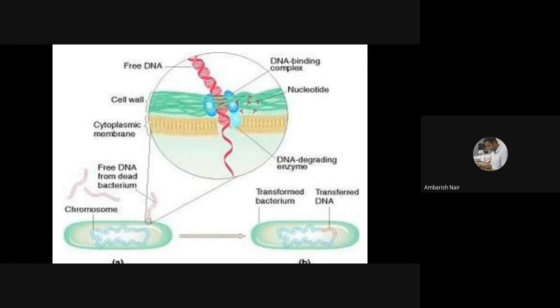Naturally, there is no technique to see whether a bacterium is transformed or not. But artificially we have. What we can do is, you have a genome. To that genome, you can tag some molecule, some colorful one, some chemicals, or maybe some radioactive molecules. Then if that genome has entered the host genome, you can identify it by using some measuring techniques. That is artificial, I'm telling you. But naturally, as such, there is no technique. Naturally, we cannot identify whether the gene is inside or integrated or not.